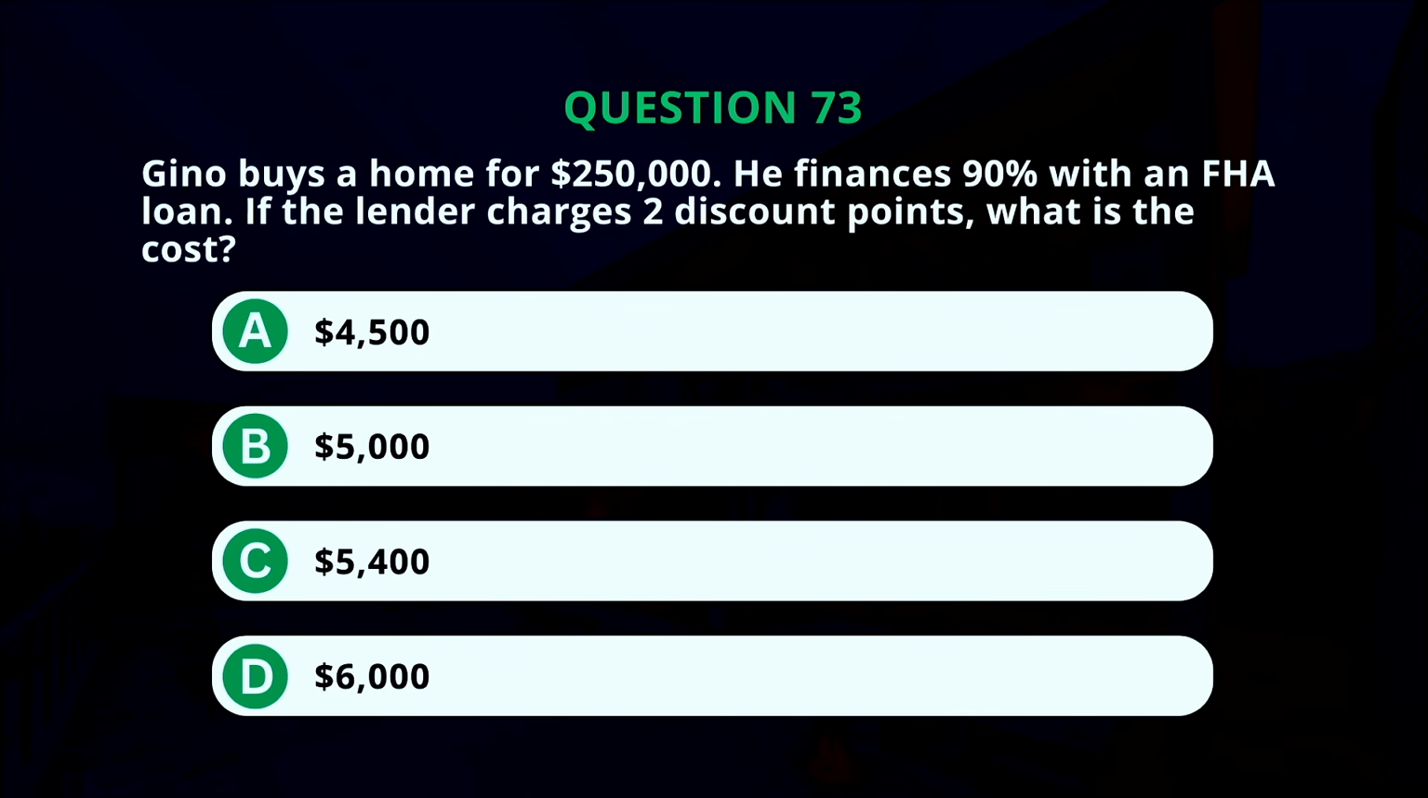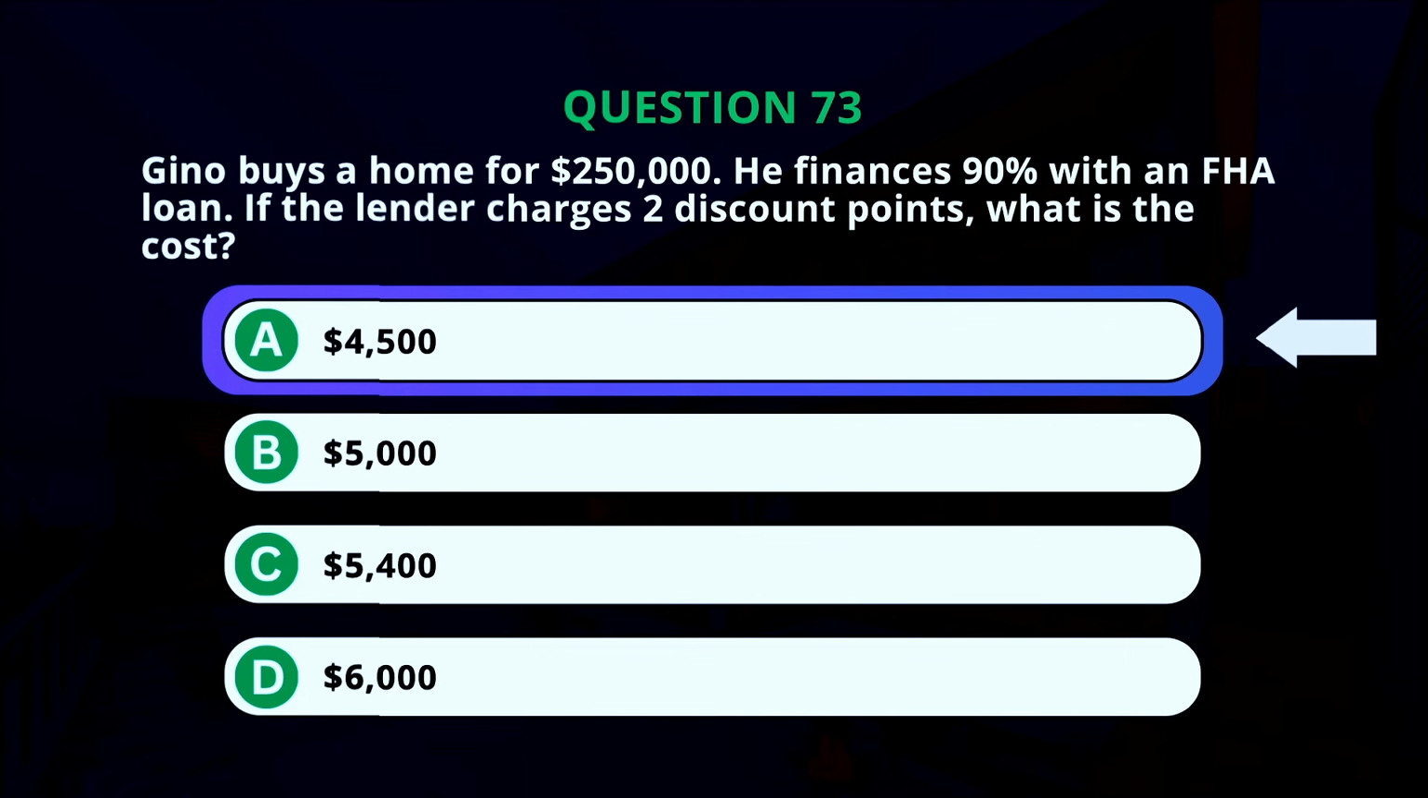Letter A, $4,500. Letter B, $5,000. Letter C, $5,400. Letter D, $6,000. And the answer? Letter A, $4,500. So here, again, very similar to a previous question that we looked at earlier, we have a